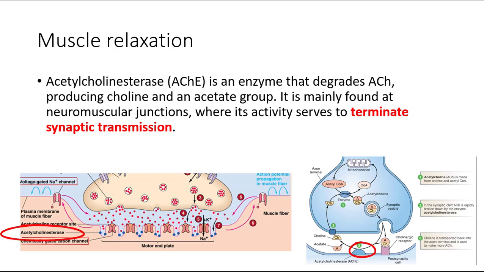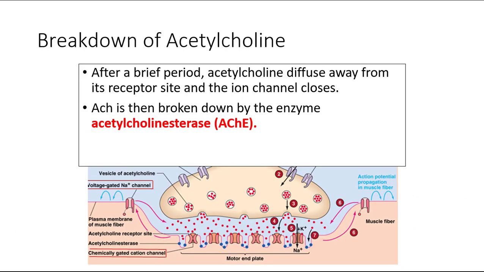Acetylcholinesterase is an enzyme that degrades acetylcholine, producing choline and an acetate group. It is mainly found at the neuromuscular junction where its activity serves to terminate synaptic transmission. After a brief period, acetylcholine diffuses away from its receptor site and the ion channel closes. Acetylcholine is then broken down by the enzyme